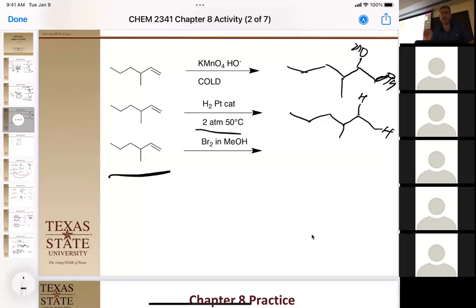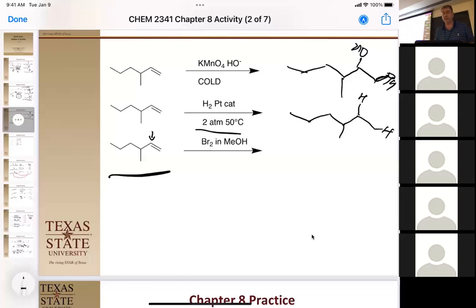All right, last one. Bromine in water. No, in methanol. What's the product going to be? Well, the first thing that's going to happen is we're going to put that bromonium cation on there. And then the second thing is our nucleophile is going to attack the most positive of those 2 carbons. The most positive is going to be the more substituted one, which means something attacks here. So the lone pair from the methanol is going to attack that partially positive side